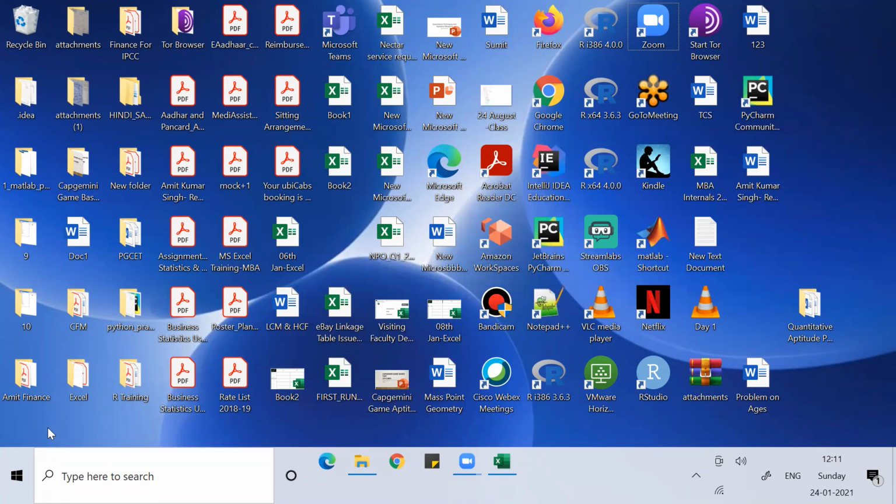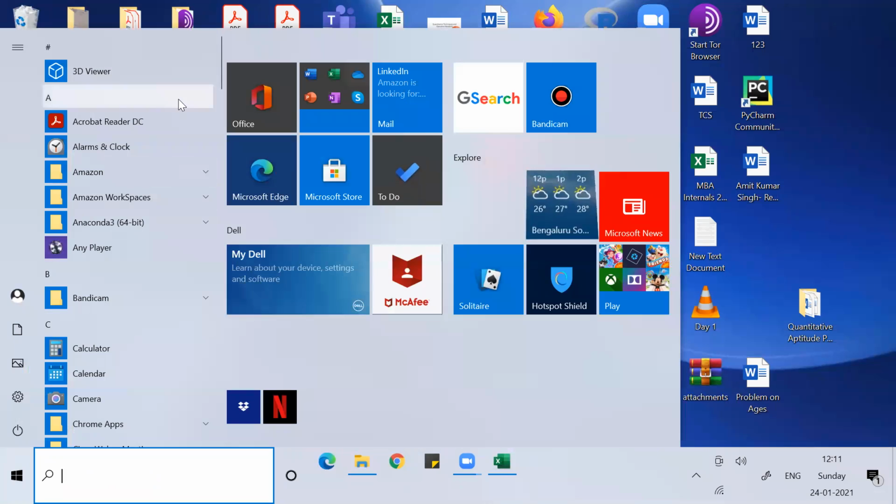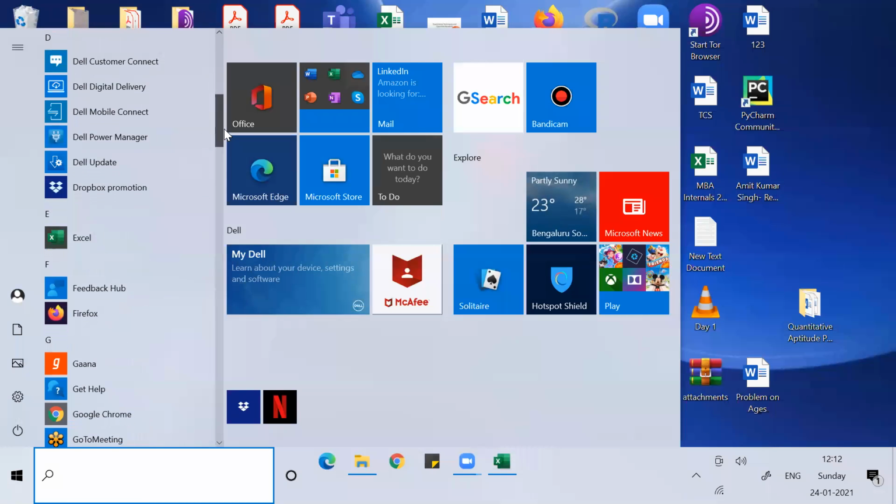The other way to open the workbook is to press Windows, and under Windows you can see Office, and under Office you can see Excel. Click on Excel and you can open a workbook.